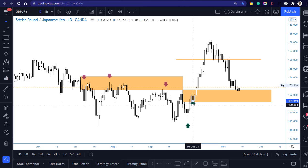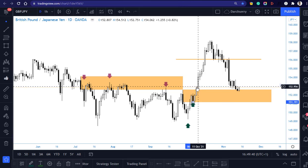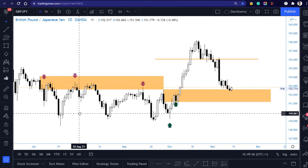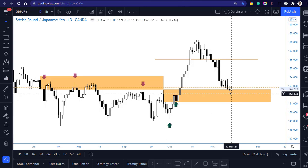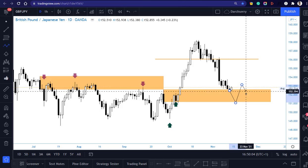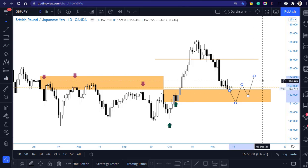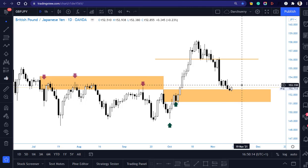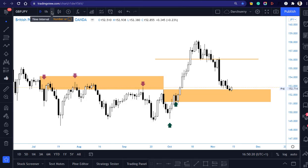So the breakout of this zone happened on the 8th of October. Now price has come back to that same area, which was previously a supply area. So what I'll be looking at is this. One, we can't negate the fact that price could go a little bit lower, probably into 151, before we start seeing signs that we will be gaining bullish momentum. However, should price not go that low, the only way I can take advantage of this is going to a